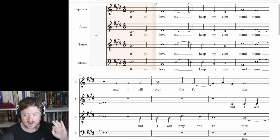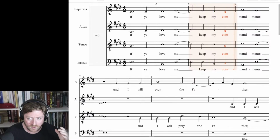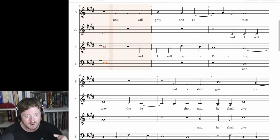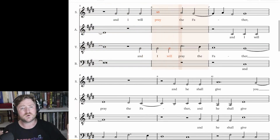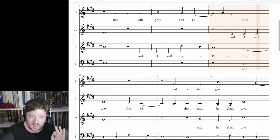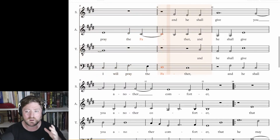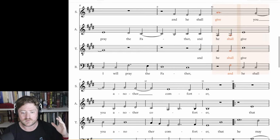If ye love me, keep my commandments, and I will pray the Father, I will pray the Father, and he shall give you